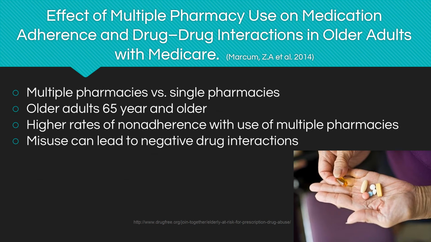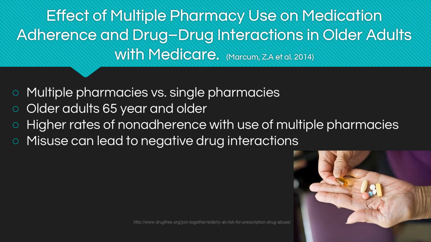The study, Effective Multiple Pharmacy Use on Medication Adherence and Drug-to-Drug Interactions in Older Adults with Medicare, looked at the use of pharmacies and how they may influence the likelihood of negative interactions of drugs in older adults. The study was based on adults using different pharmacies rather than one single pharmacy to fill 2 or more prescriptions. They used a participant group of adults 65 years and older and found that 38% of the population did use